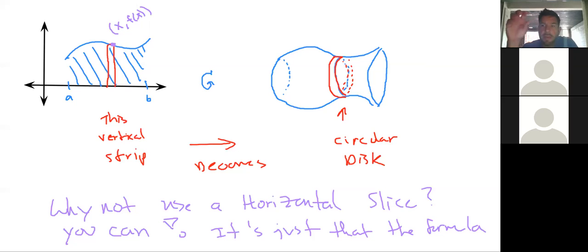But if you think about it, if you tried to take a horizontal slice instead of a vertical slice, it's not obvious at all how you might obtain a formula for the size. So the best way for you to understand that is to actually try doing it, not just listening to me, but try. Okay, so